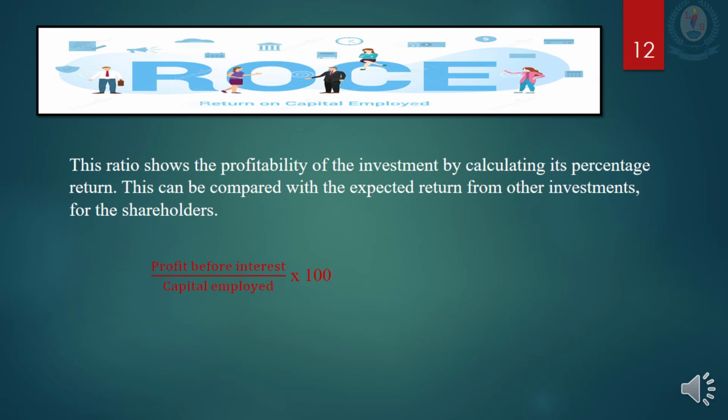Dividend cover. The dividend cover ratio measures the number of times a company can pay its current level of dividends to the shareholders. Profit after tax minus preference dividend is divided by the total ordinary dividend paid to calculate the dividend cover. Note that this ratio is expressed in times.